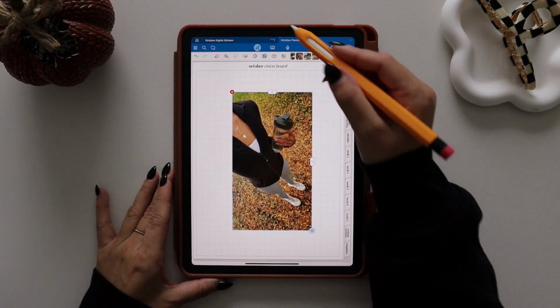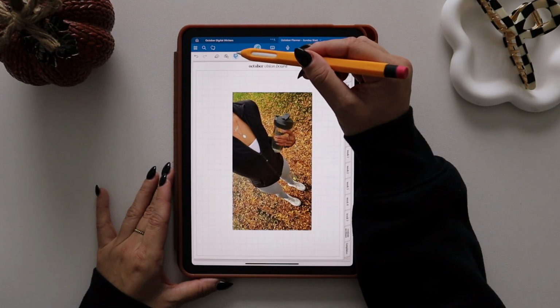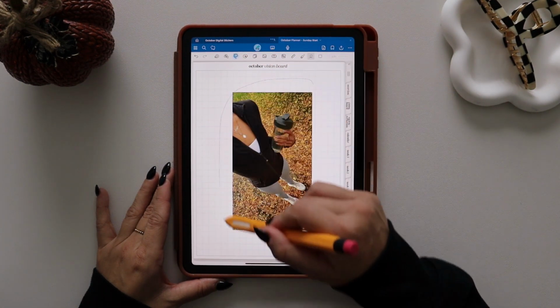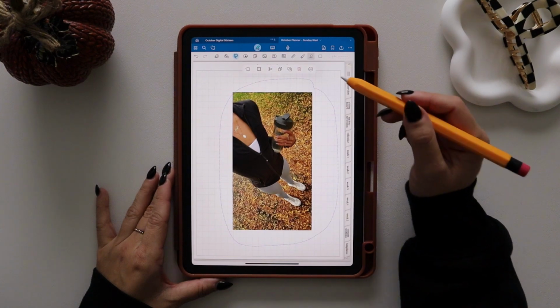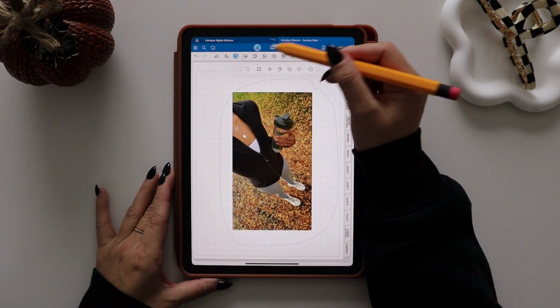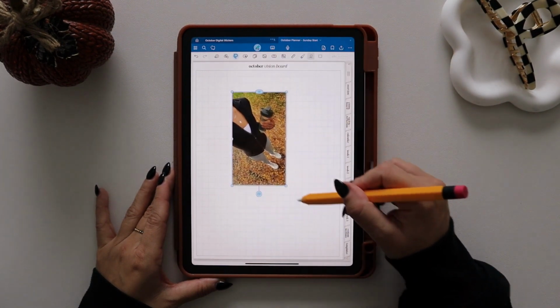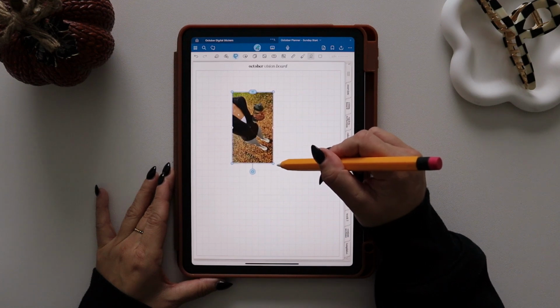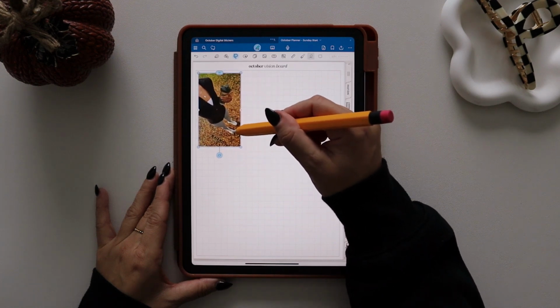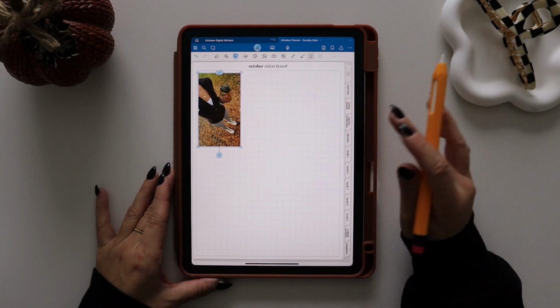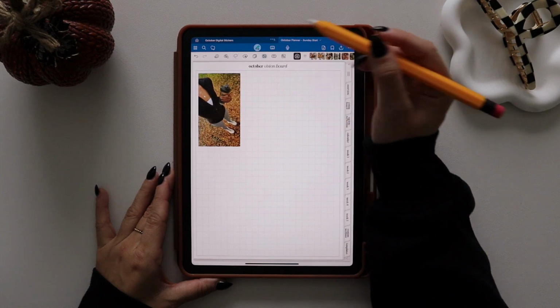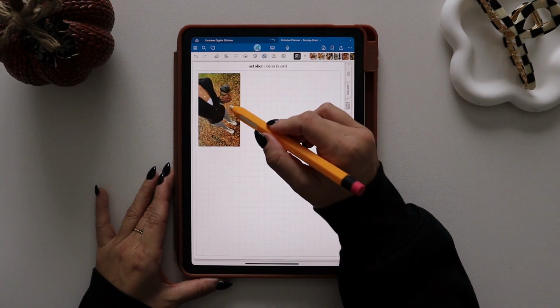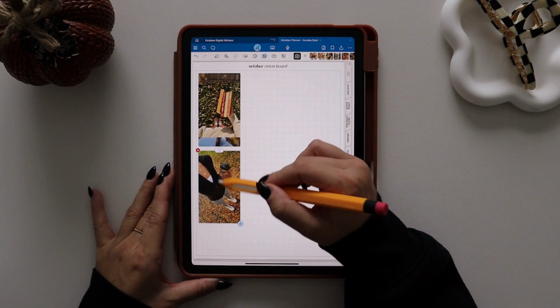As you can see here, the images are quite large, so if you use the lasso tool and just circle the image and then tap and then click this square with the little circles here, this is going to allow you to resize the image. So I kind of just make them a little bit smaller just to start, and then I drag it into the corner there. Now I'm going to click on the image tool again, and this is going to allow you to select the images, and I'm simply just going to start